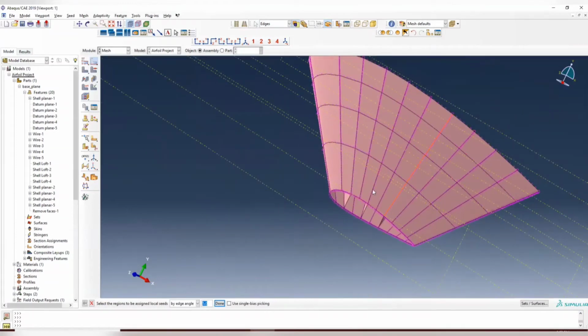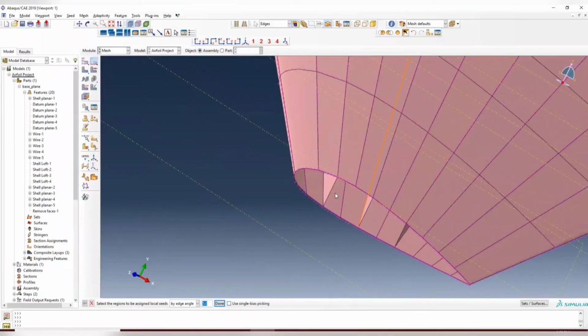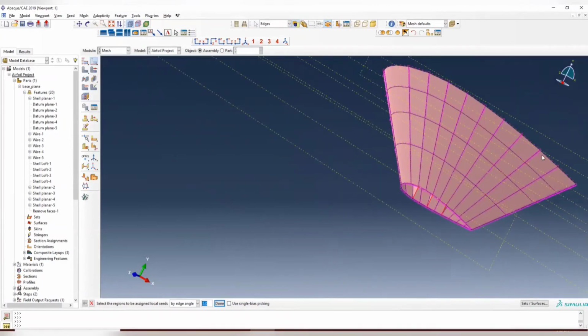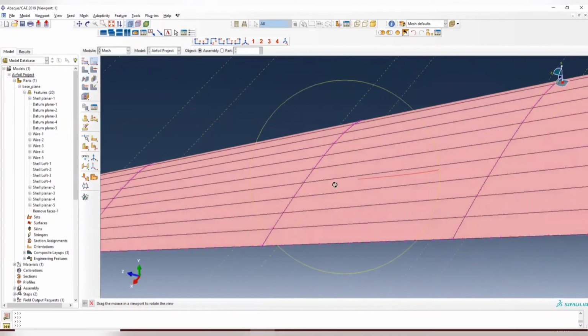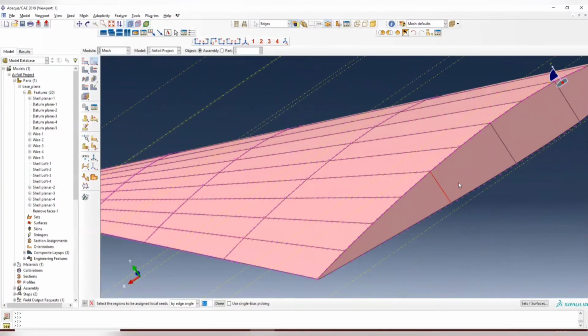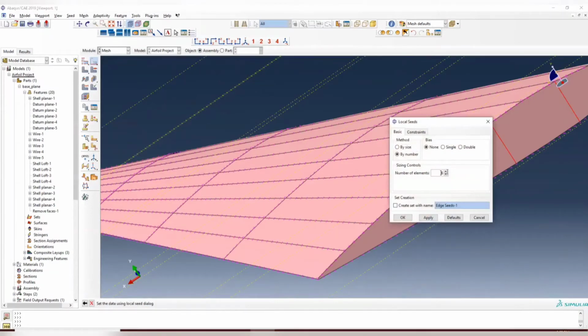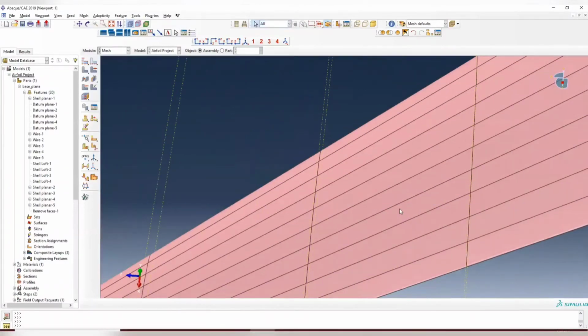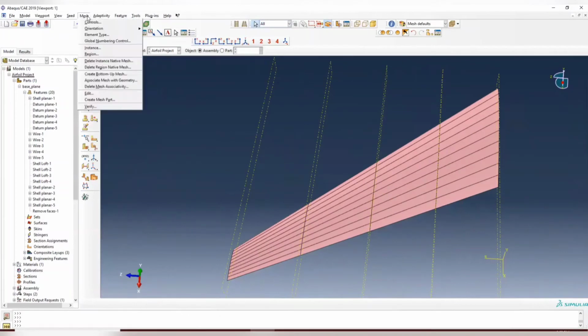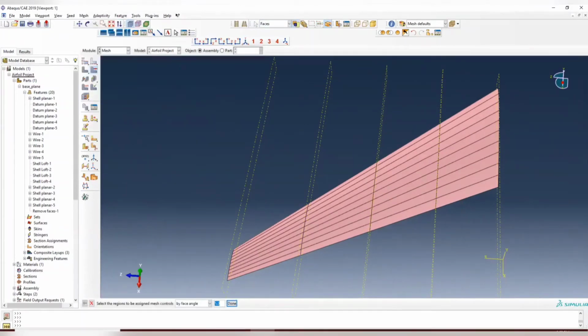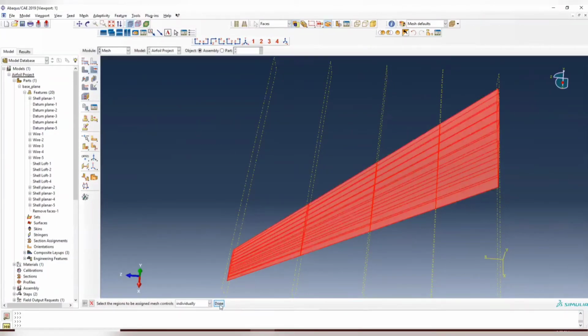So finally, we are going to assign the vertical ones. We only assign nodes at the vertical lines at the front and back. In the middle, it will follow the same logic. So hold shift, select all the vertical lines you have. And instead of 6, we can do 5 here. Now to begin with the mesh, use the mesh control, choose by individual, select all of that,